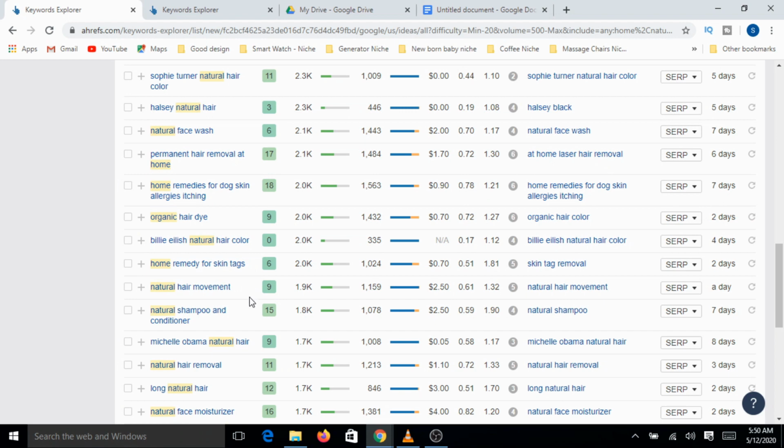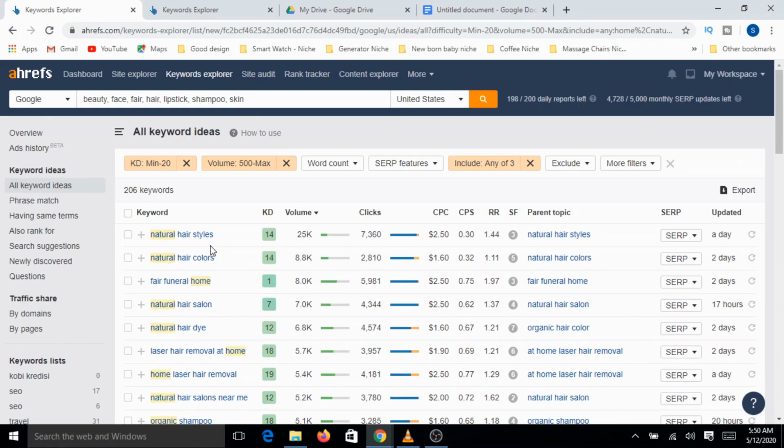For example, if you pick, let's say, natural hairstyles, this won't be a how-to. Here it will be what are all the different natural hairstyles available. Before you get into the how part, you pick one specific hairstyle and then get into the details. That is when you look into the how part.